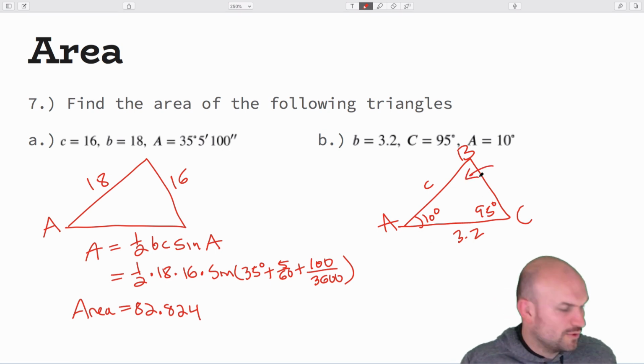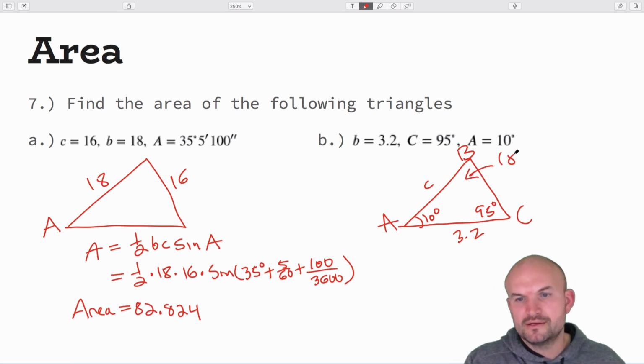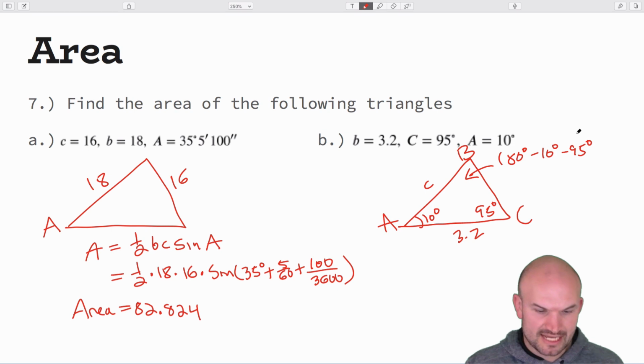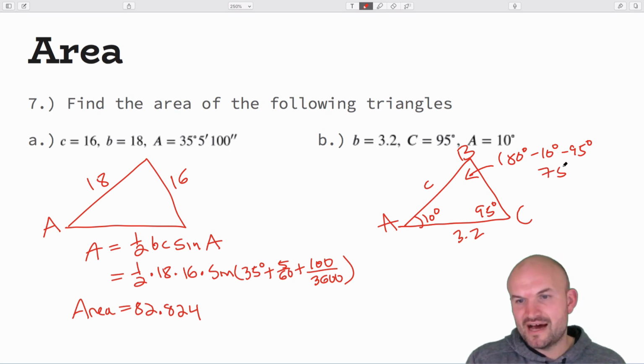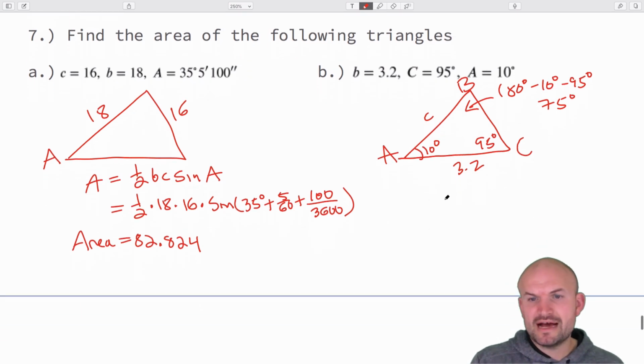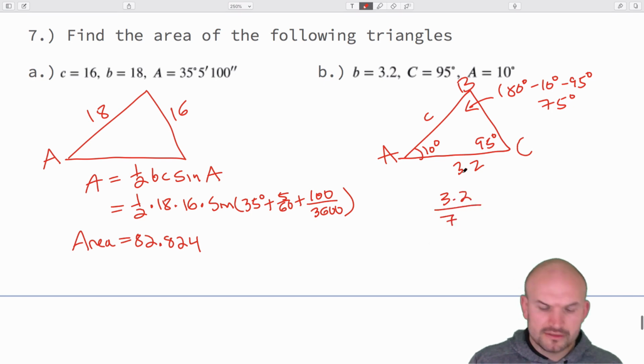So the problem is I don't have enough information. However, I could quickly, easily figure out what B would be. 180 degrees minus 10 minus 95 degrees. So I could do 180 minus 10 minus 95 degrees. That's going to give me 75 degrees. Now that I have this as 75 degrees, what I can do now is create a ratio. So now I can say that 3.2 over the sine of 75